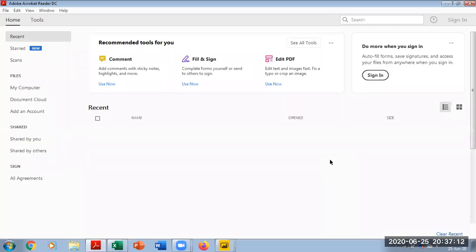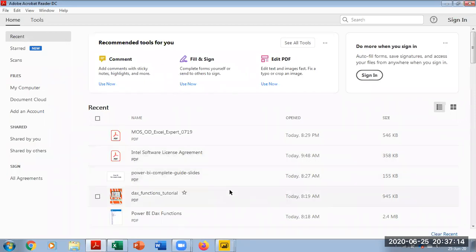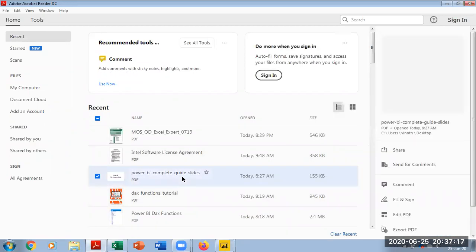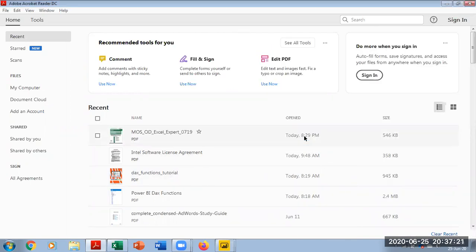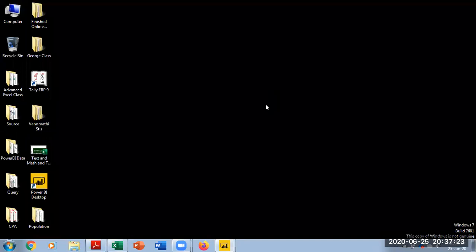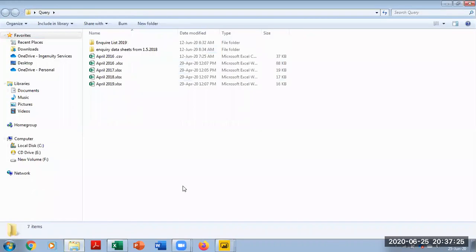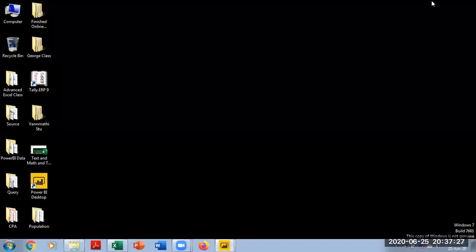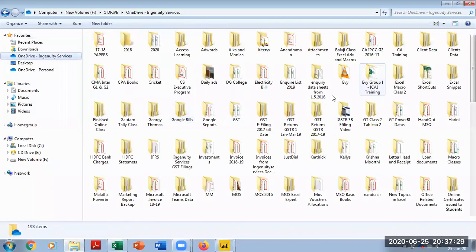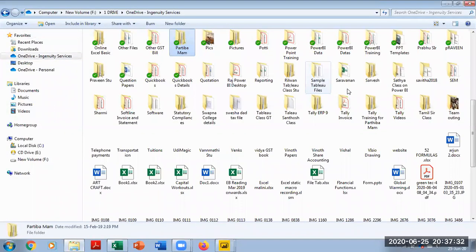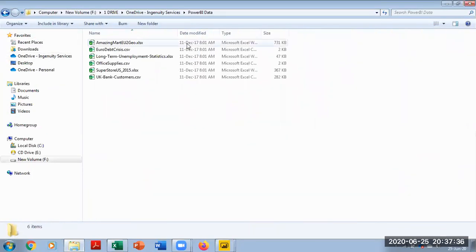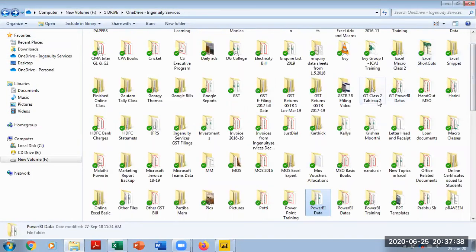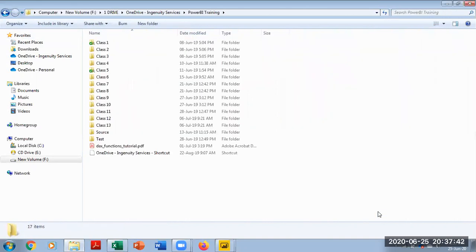So let me open my PDF, what I've lastly used. Oh my goodness, I think that I moved it somewhere else. Okay, let me bring it from my drive. I'm sorry about that, I'm just taking a little longer than normal. Probably I should have done this homework a little before. Unfortunately, I didn't do that.